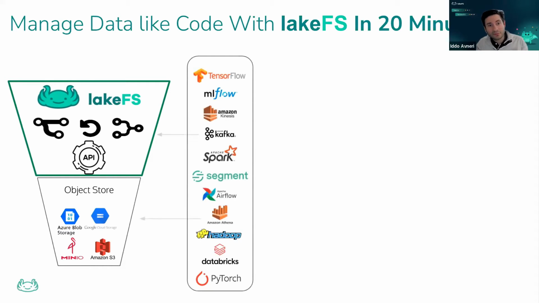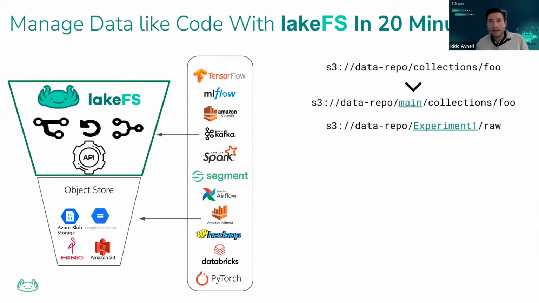And then the ecosystem of tools that we have in our environment will access the data through the lakeFS API and get those versioning capabilities. And from a refactoring perspective, if before we were accessing a collection on a bucket, now we will include a name of a branch or a commit identifier. A name of a branch would be prod, test, dev, or experiment 1, experiment 2, kind of going to where we're going to go with this. And a commit identifier will be a point in time. So a commit can be, for example,